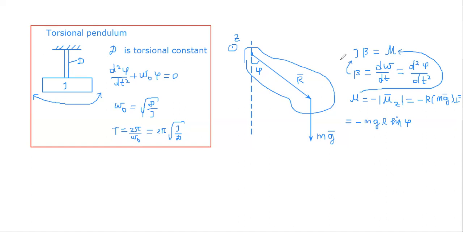Let's make a substitution and we can obtain that moment of inertia multiplied by the second derivative of the angle of rotation by time